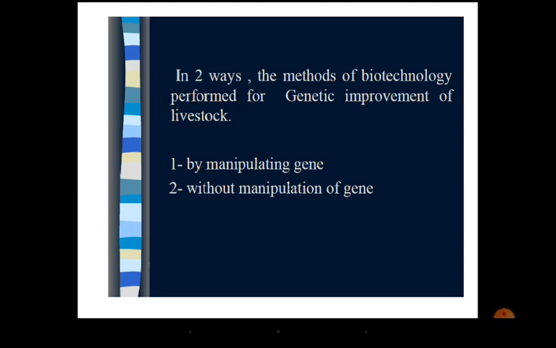That is the first category we have put here, by manipulating the genes involved in or influencing a particular character. And the second method is without looking at the gene. We will not bother about what kind of genotype is influencing the particular character, without bothering about the genetic basis of the inheritance for a particular character. We will employ the biotechnological tools for the genetic improvement of animals. Okay, so broadly these reproductive and biotechnological tools can be classified into those which directly manipulate the gene, and those which work without manipulating the genes involved in the inheritance of the character.